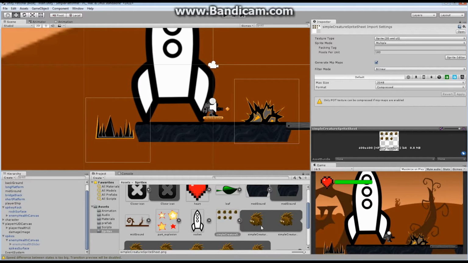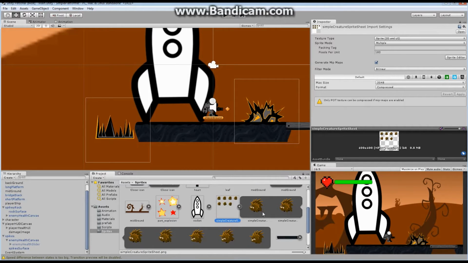Once you've done everything properly, you're going to see down here that instead of having one box, like we had before I sliced it, you're going to have multiple boxes, okay? And each one is going to have an individual character in it. Perfect, I have that. The first 1, 2, 3, and 4 are the idle, and 1, 2, and 3 are